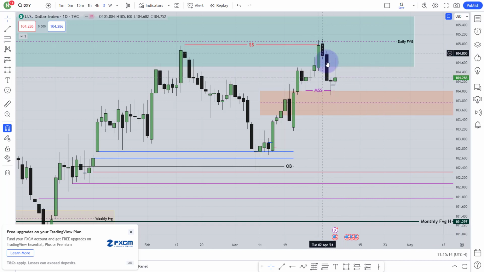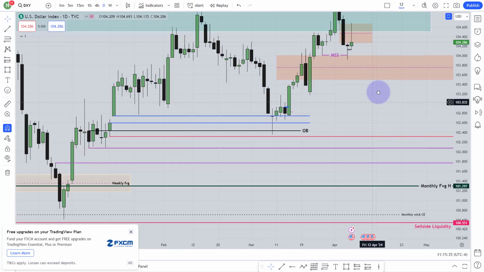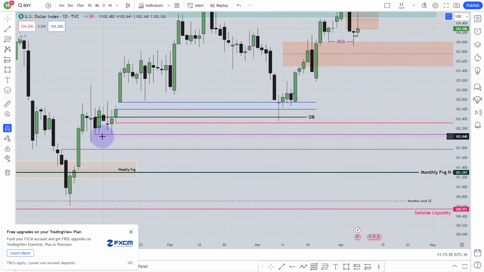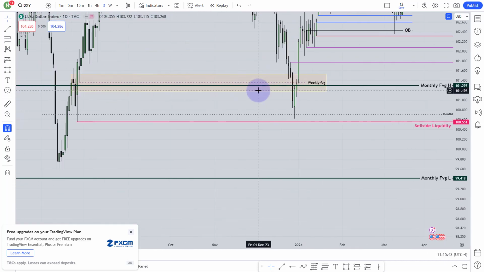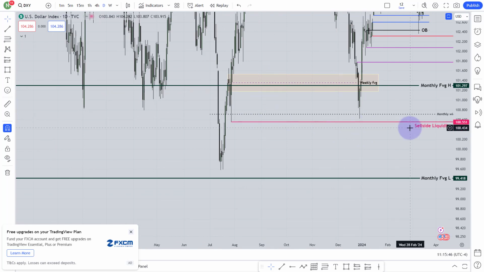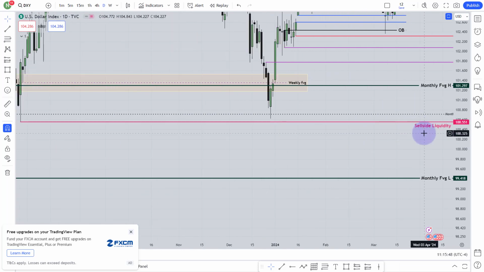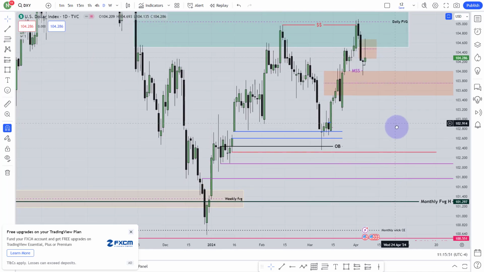When I got this market structure shift, there is another fair value gap, which is the bearish fair value gap. Market has traded that bearish fair value gap, and then what should your expectation be? That market will go lower. Where can it go? Toward this sell side liquidity. This low and that low are relatively equal lows. Below here I have this low and that low, also relatively equal lows, and over here too. So market can go even for that sell side liquidity, but it's a long term thinking.